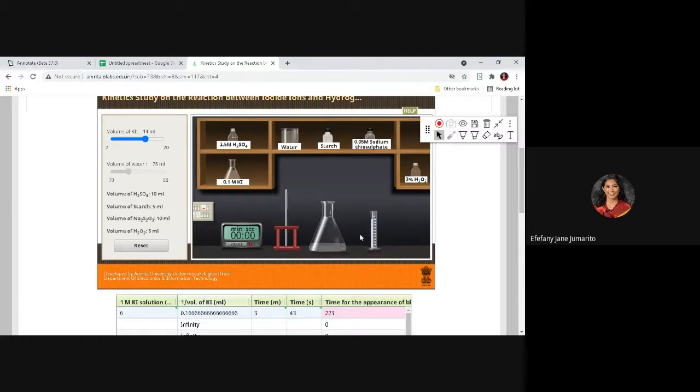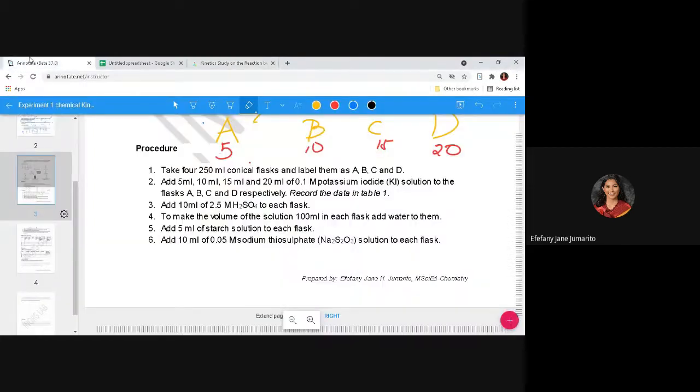Okay, so take note, class, when you do your lab report, take note of the verbs. Okay, verbs. When you go through higher laboratories like analytical, I will require you to make the lab report yourselves, where you are the one to make the procedure. Okay, after that one, what's the next procedure? Add 15 ml of 0.1 molar potassium iodide solution to the flask C, respectively. Okay, we're done with that. Procedure 3. Add